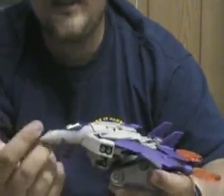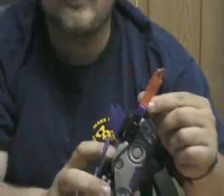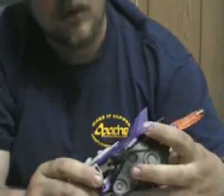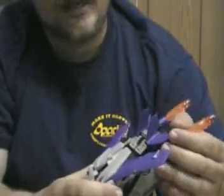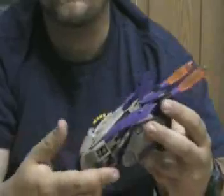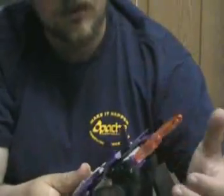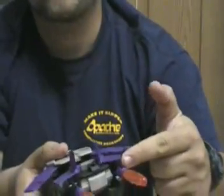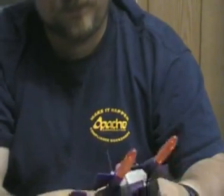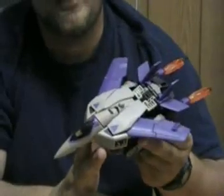My biggest problem with him is nothing pegs in place. I mean, the tail section right here kind of pegs into the bottom of the robot feet right here, but there's no detent to keep anything from moving around on this guy. I'm trying to hold this guy, but he just flops whenever I try and do something. He's loose. I mean, like I said, if you could display him where you'd always look at him from that angle right there,